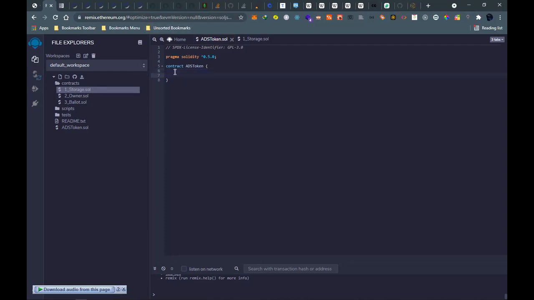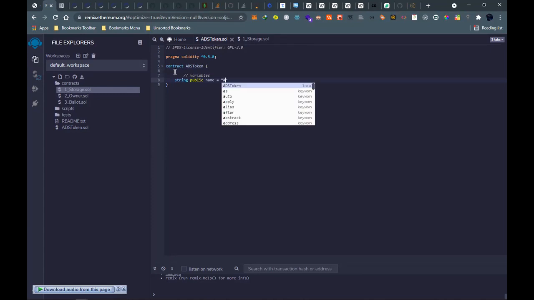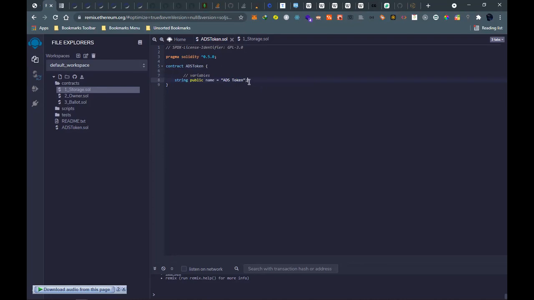You can use double quotes for strings, and it's ADS token. You can use a space like that. Don't forget your semicolon. Then we have the other public string, the symbol of the coin, that is ADS. Don't forget your semicolons.